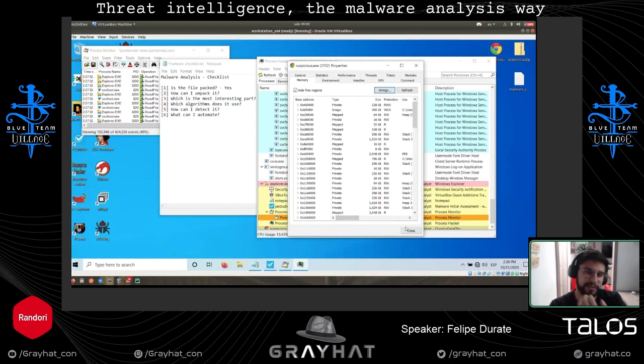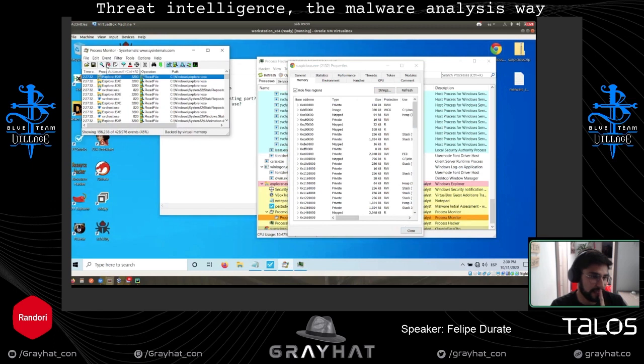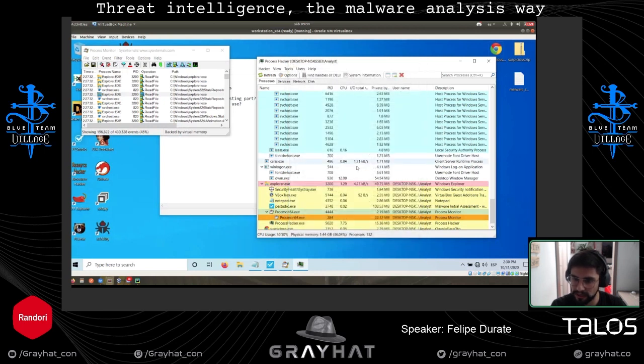So now the problem is, how can I unpack the sample? Two methods. I'm going to pause this here, so I'm not getting more information. I'm going to leave the sample running.